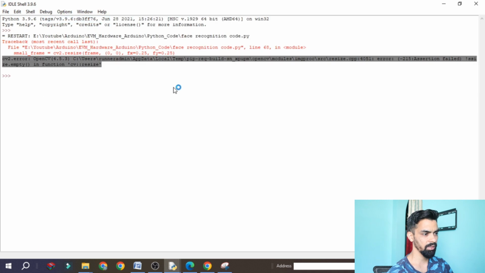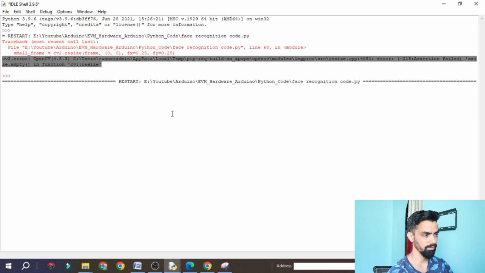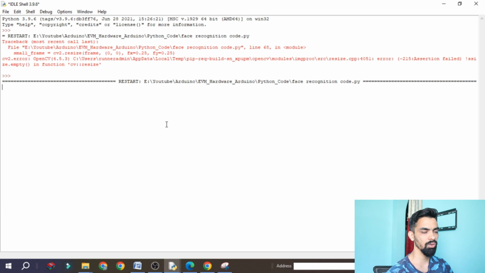So with that, this error will be solved, because the program is not finding the camera port. That's why the frame you are giving does not have any data, and that's why it is giving that error. So now it will solve that error. Now my camera is open, you can see, and it is working. Okay, so I hope you understand how to solve this too.